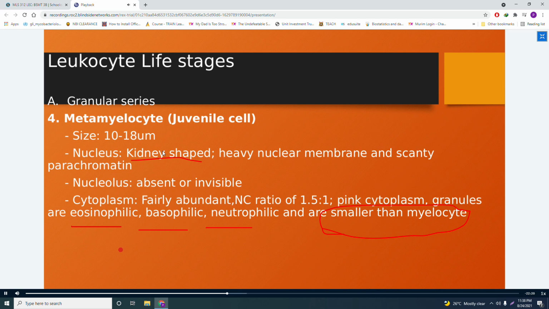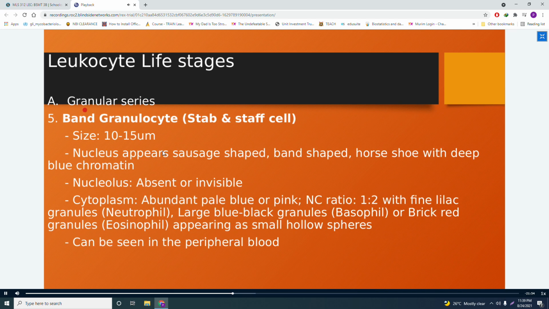So usually class, ang pagkakaalam natin, when something becomes mature, they usually become larger. Pero sa case nito, metamyelocyte becomes smaller than your myelocyte. Any questions, class? Okay. We have next your band